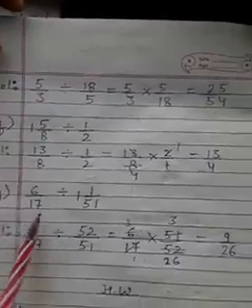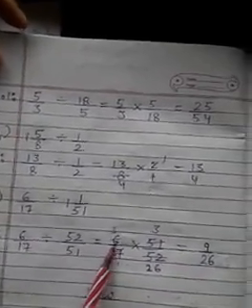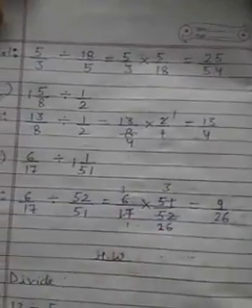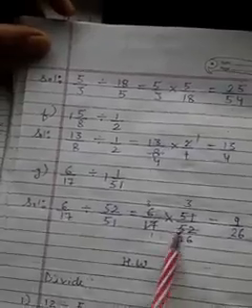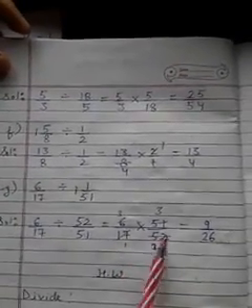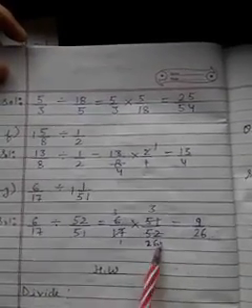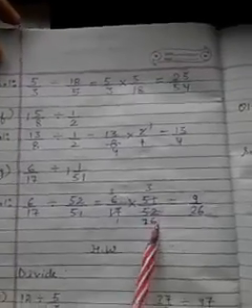Okay, here the last one. Here again you are seeing mixed fractions. So first of all change them, then change the divide sign into a multiplication sign, and then cut. 17 threes are 51, and here you are cutting 6 and 52 by which number? 2. 2 threes are 6, and you have to divide 52 by 2. 2 twos are 4, and then 1 will be a remainder. 12, so 2 sixes are 12. Okay, 26. Understood? Any doubt? So you can divide 52 by 2 in a rough notebook. Then you can easily see 26 will be your result.